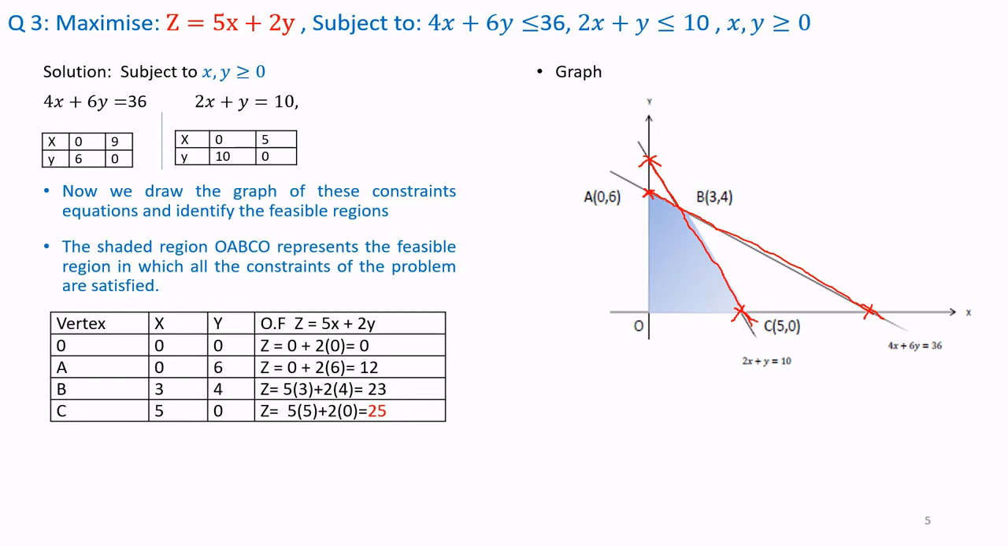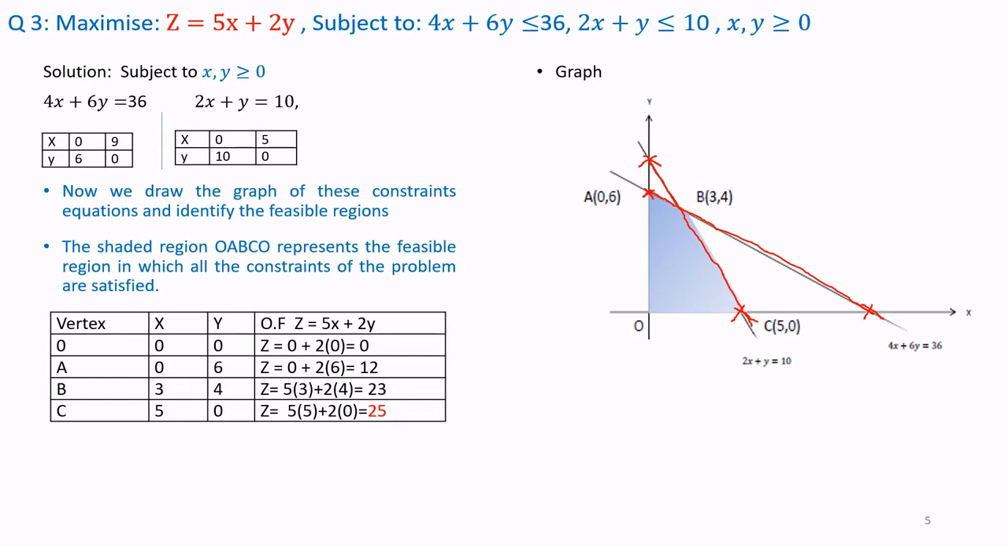Next, we will move to the point C. In C, the x coordinate is 5 and y is 0. We will substitute the value of C in the objective function z. z is equal to 5 into x, that is 5 into 5, plus 2 into y, 2 into 0, that is equal